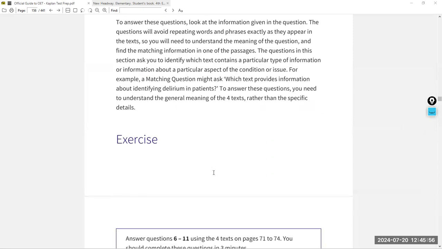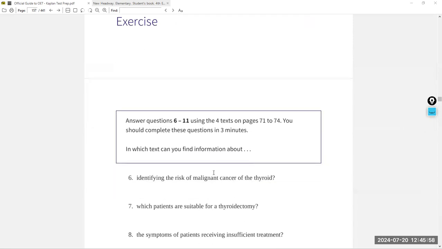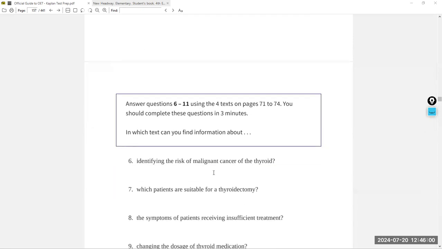Okay, let's practice matching the information. Now, absolutely, we have passages, and we have to answer the questions from 6 to 11 using the 4 texts. So now I'm going to show you the 4 texts at once, and we have to answer these questions, and you should complete these questions in 3